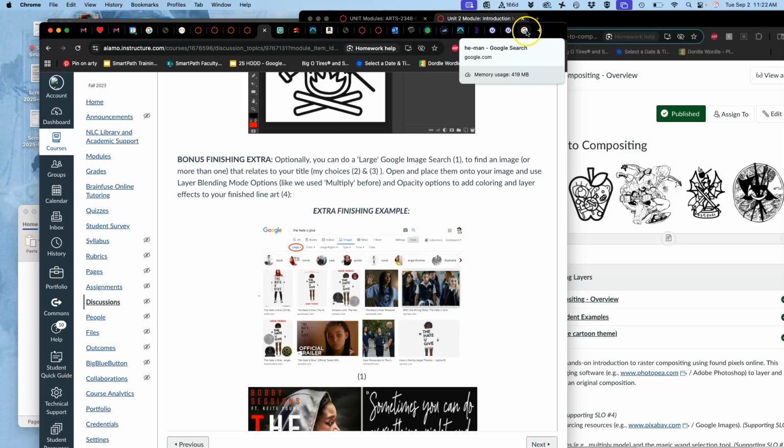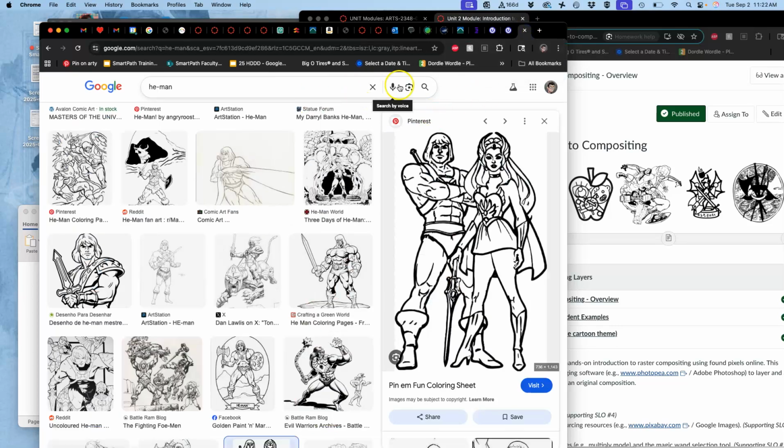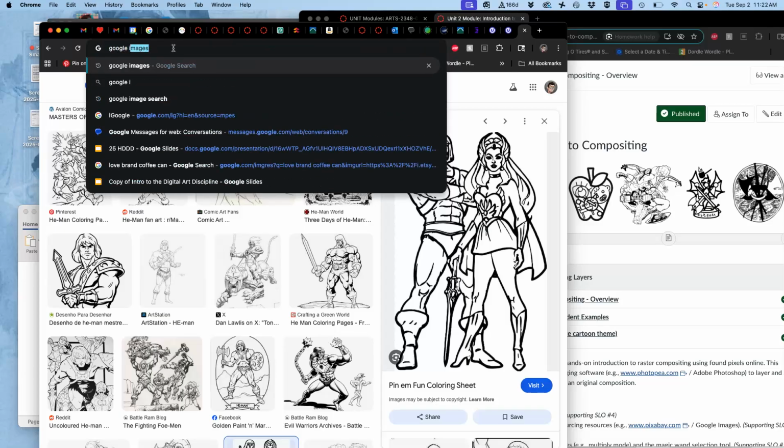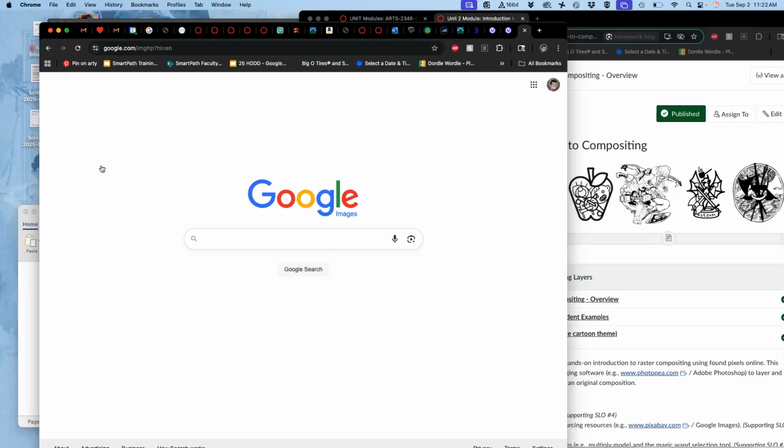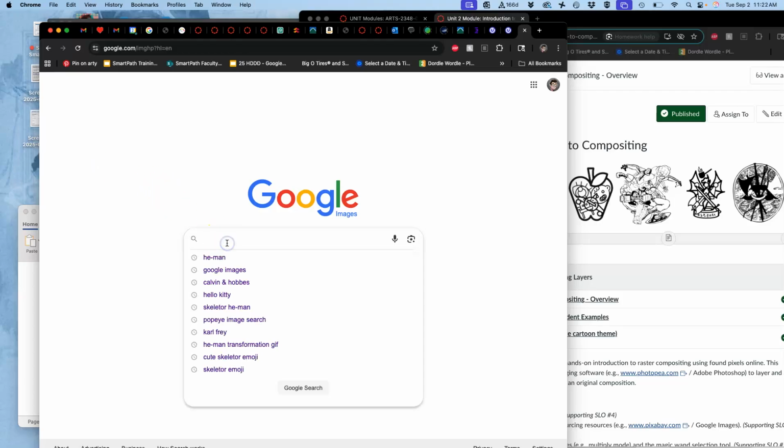This is a lot of fun. We're going to go back to a Google image search. So I'm just going to go to Google Images. Whenever you go to a new Google image search, it will clear all of your tool settings. So now it's not just looking for black and white or large. And what I'm going to search for are He-Man bed sheets